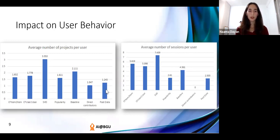It is important to mention that some users can be active a year ago and can also be active now. But we wanted to compare their behavior before the recommendation ever existed in SciStarter and during the recommendation, which is here split into one of these 5 groups. And we checked two metrics. One of the metrics was the average number of projects each user participated in. As we can see, all of the users who actually received recommendations participated on average in more projects than they used to participate before,